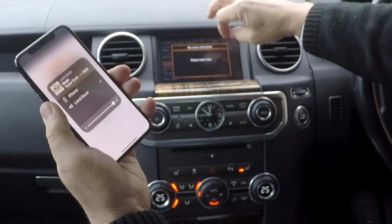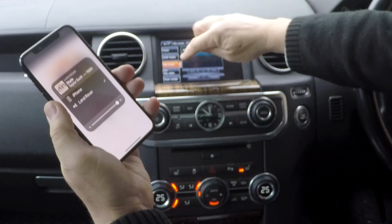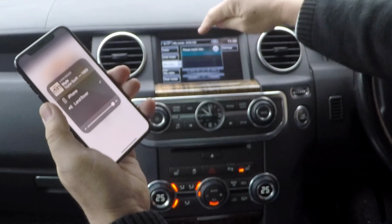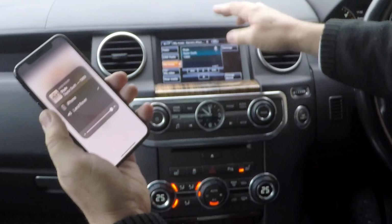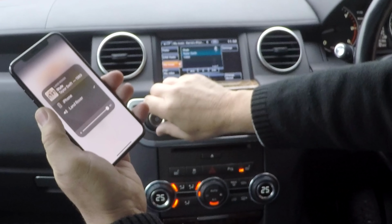It's showing please insert disc at the moment, but that's because it's set to disc. There's a little plus there. If you click plus and then select Barry's iPhone, or select your phone, and you see there, and if I turn this up,